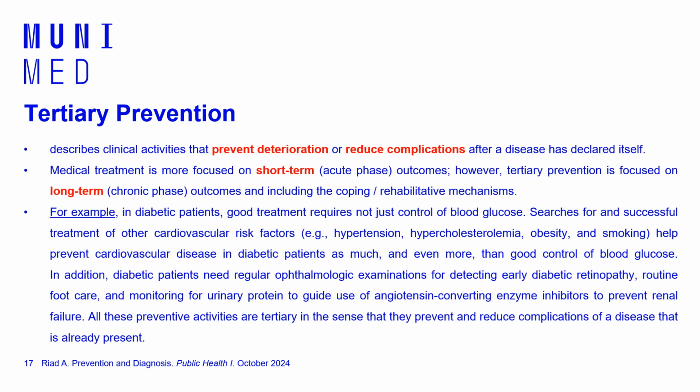Okay, so these were the main problems of screening, and now we will move to the last part of this pre-seminar recording, and it's tertiary prevention. So tertiary prevention is the fourth level of preventive medicine that is focused on people who have the disease. So imagine a human who already has a disease, and now we need to focus on the long-term consequences of the disease, because diseases do not cause only short-term outcomes, but also long-term outcomes and long-term problems. And that's why tertiary prevention is oriented to focus on the long-term outcomes.